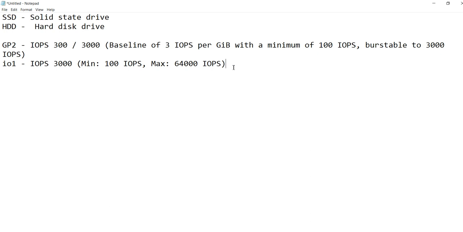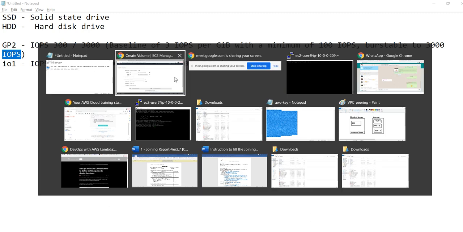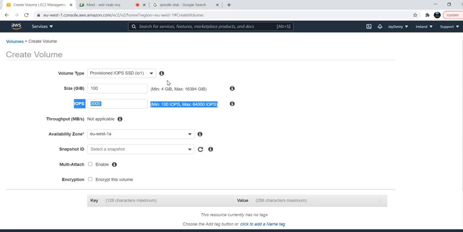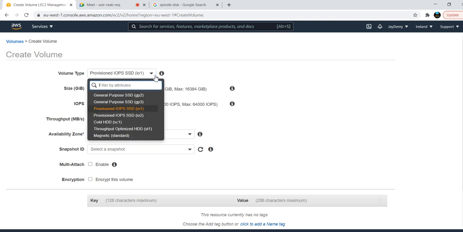Okay, so if you compare here, IOPS, here we are getting a baseline, but before going to that, IOPS is input output reads per second. Whenever we are reading or writing any data into our volumes, a volume is nothing but, in general, if you speak about our laptop, we have C drive, D drive. That is what we call an AWS EBS volume. In this we have multiple types of volumes, and multiple types of offerings.